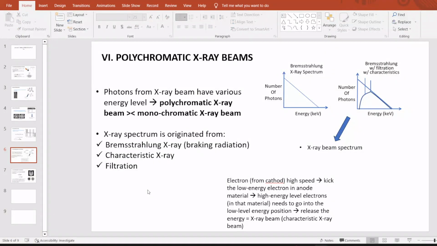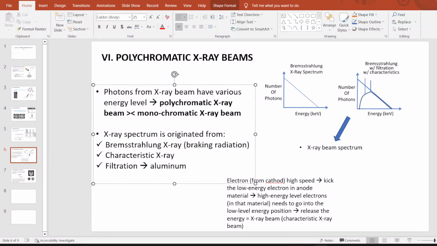Filtration is a process where we use a filter to eliminate the low-energy X-ray photons, because scientists believe that photons with too low energy don't bring any clinical benefit for us, and also increase the dose for the patient. So we need to filter them out. Usually they use aluminium